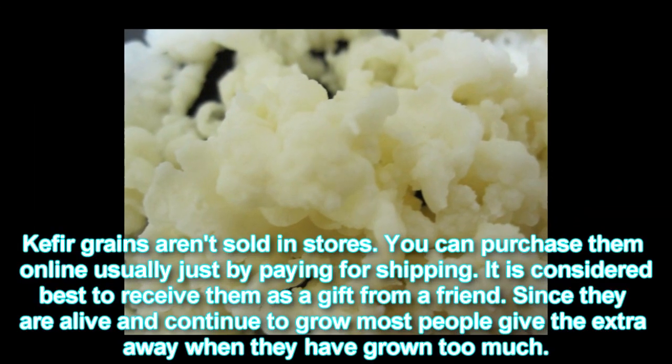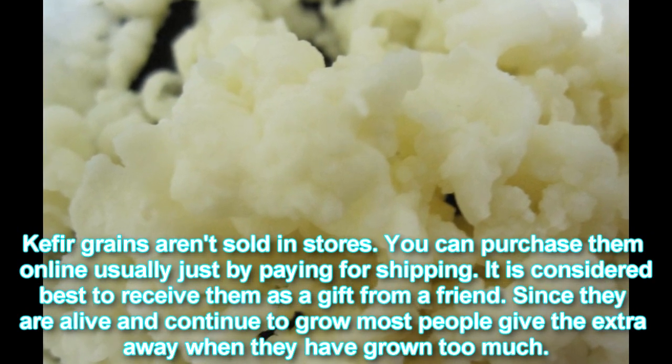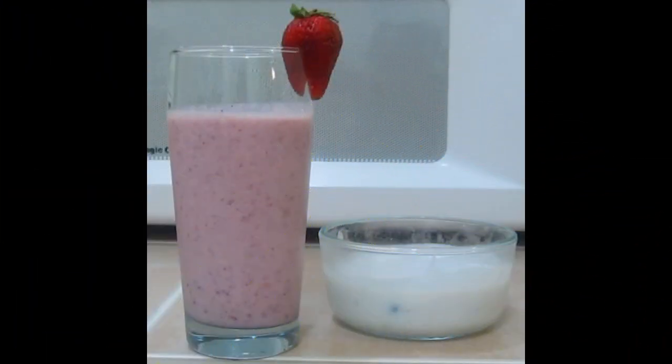When you look closer, they look like cauliflower, but they're actually tiny polysaccharide sacs of hundreds of strains of good bacteria and yeast. The kefir they produce tastes like plain yogurt, but the difference is that kefir is much better for you than yogurt. Yogurt's great, but the good bacteria in yogurt is transient and leaves the system after a while. The good bacteria in kefir, however, will colonize in the colon and digestive tract, giving you more consistent overall